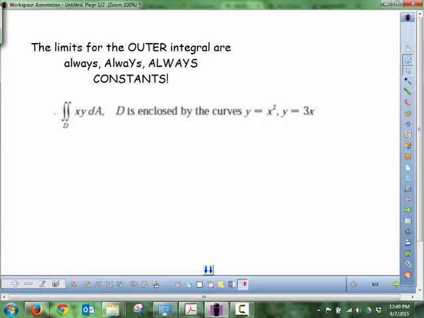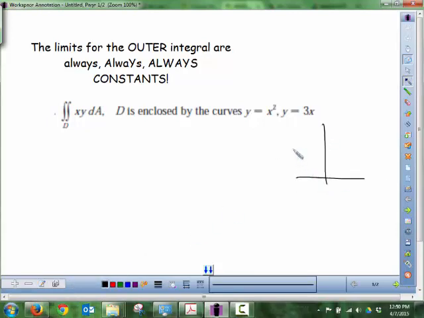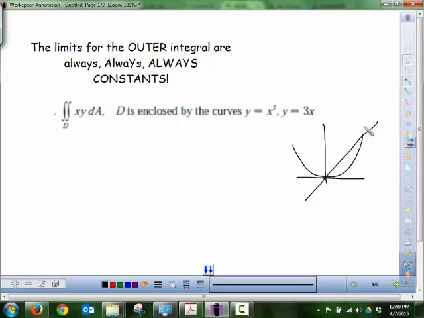So here's our first example. We want to integrate xy as the integrand over the domain D, where the domain is enclosed by a couple of curves: y is equal to x squared, and y is equal to 3x. So let's take a look at that two-dimensional drawing first. y is equal to x squared looks like this,